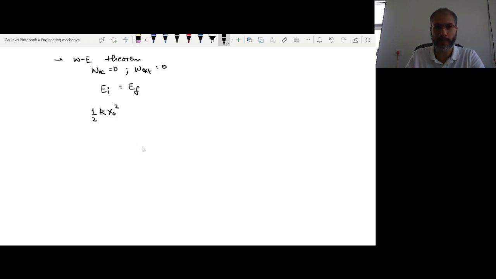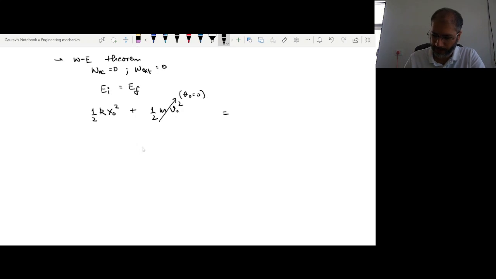So x naught was the maximum elongation we gave to the mass, so half k times x naught squared, and at this, we left it. So at the maximum elongation the velocity was 0. We will say this is 0 because v naught is equal to 0, and this should be equal to the